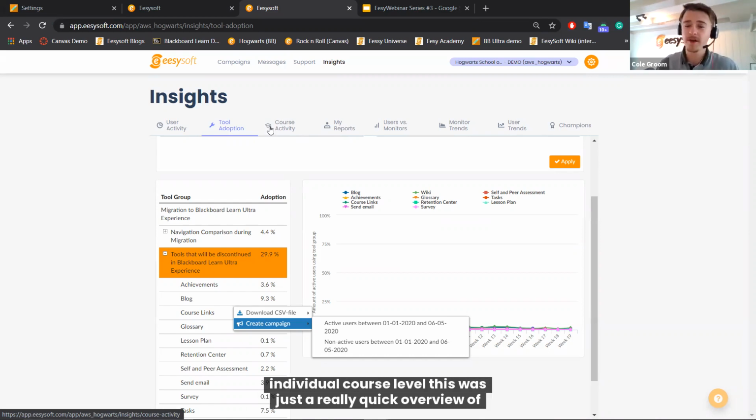This was just a really quick overview of what EasySoft can do with regards to transition to Blackboard Ultra, but there's also use cases that expand across the entire academic calendar and all of the different initiatives going on at your institution. So if you'd be interested in learning a little bit more, taking a closer look, please feel free. There'll be a link here to set up and book a demo, and we'll actually have our team go through and create some custom examples for your institution and really tailor that presentation